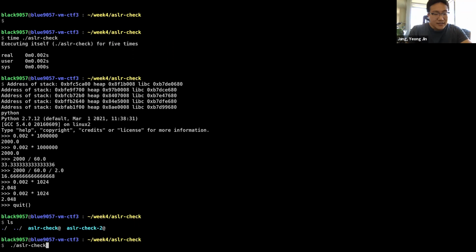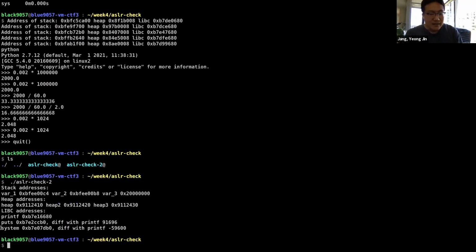And then another characteristic of ASLR is that, so I put the ASLR check 2 binary to show that the relative addressing between the objects in the program will be the same, even if the base addresses get randomized on each execution. For example, this is a printing of the addresses of the stack local variables. So you can see that